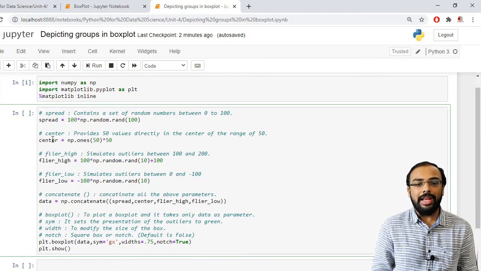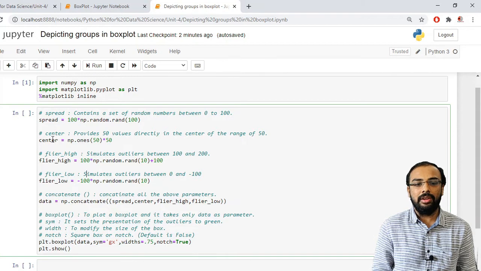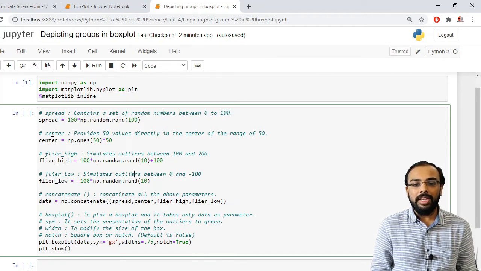Similarly, as we know, a box plot contains minimum and maximum. For maximum we have calculated flier high. Now similarly for minimum we have to calculate flier low. It will simulate outliers that will be between 0 and -100.